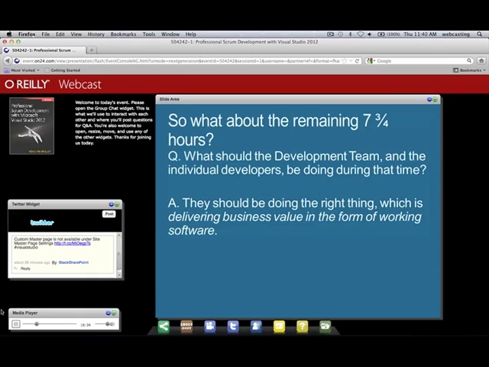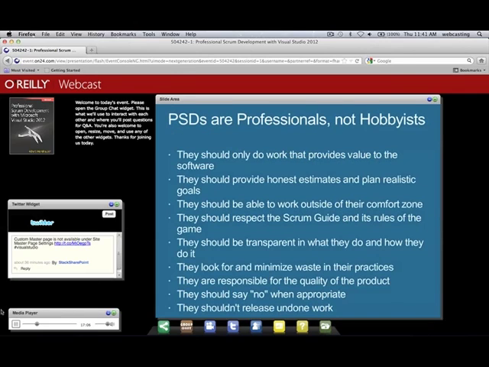You have to be able to look at what's coming up next in the sprint backlog and take a piece of work. Maybe there's a very important testing task that's coming up, and the people who are good at testing are busy or gone. Well, you need to buck up, be a professional, and pull that task down into your queue. You may not be the best at it. You may struggle. You may need to pair up with somebody to learn how to do it better. But you shouldn't just say, I'm not going to do it because it's not my job. So that's just one example. I've got a list here of some other attributes of PSDs.